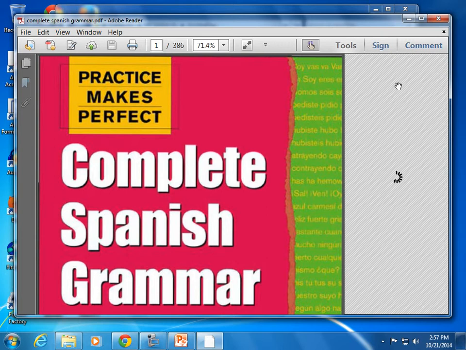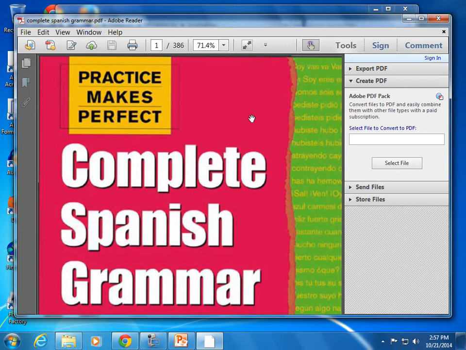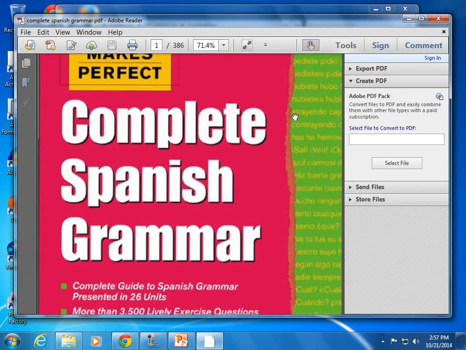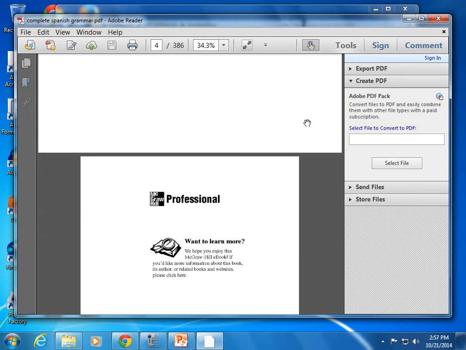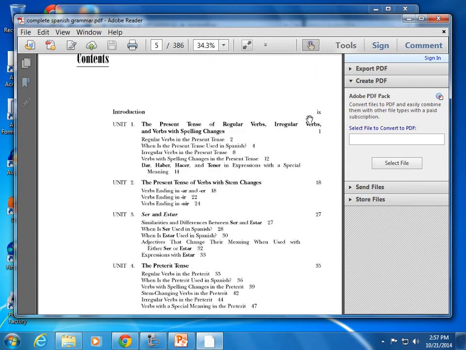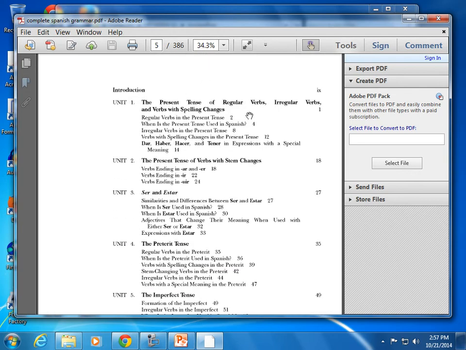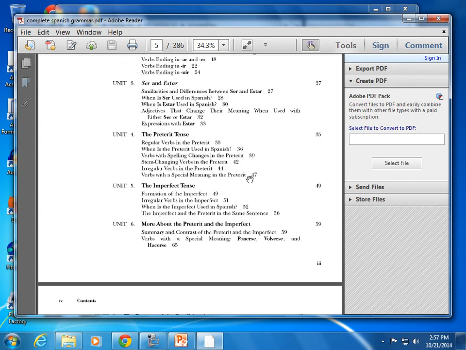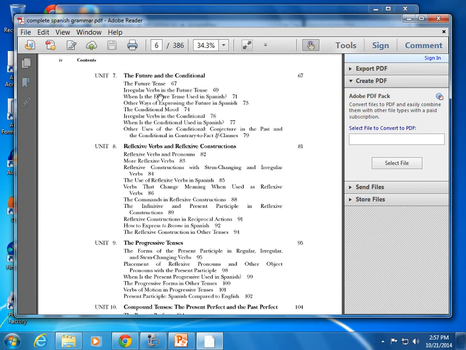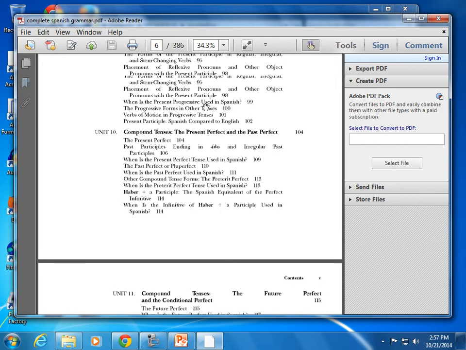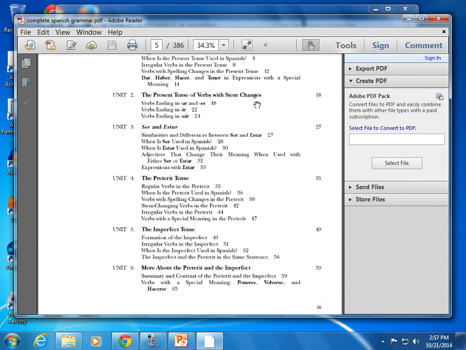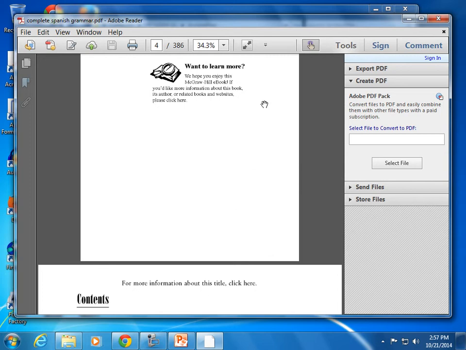And you can see it's really large. This book's like 400 pages, so it takes a while to load. But you can see everything's scanned in and it's readable. But right now, the way this is saved, so say you took,